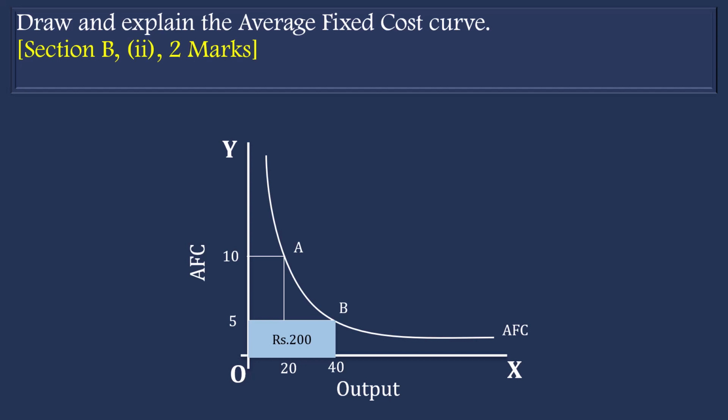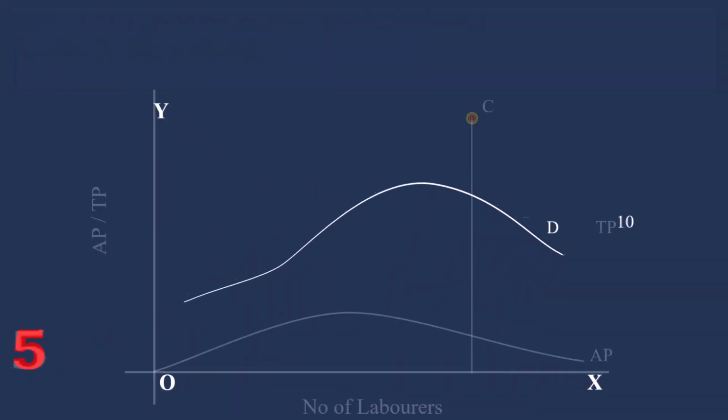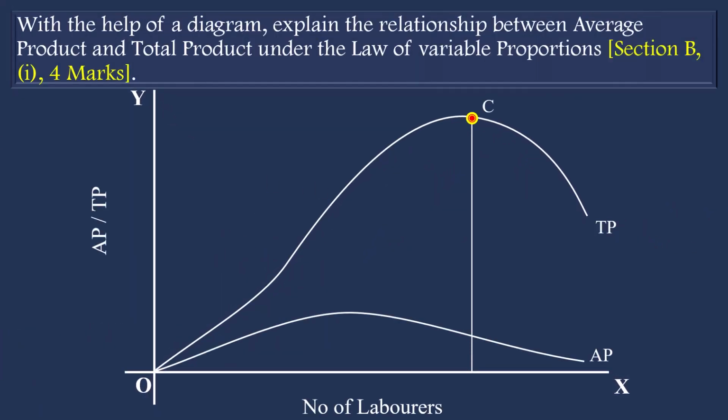As output increases, the fixed cost per head or average fixed cost falls because total cost is evenly distributed on each unit of output. The lower tail of the curve will move towards x-axis, but it will never touch the x-axis. This is because total cost and output are positive values and never become zero or negative. Fifth question. With the help of a diagram, explain the relationship between average product and total product under the law